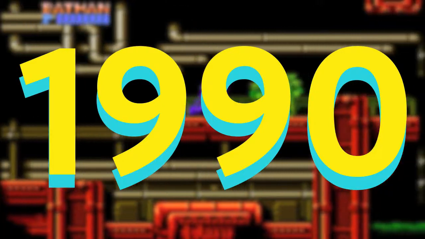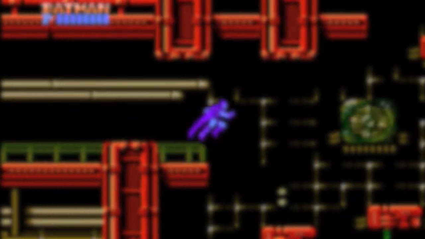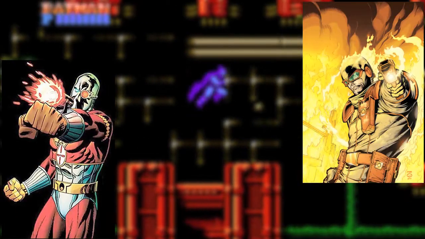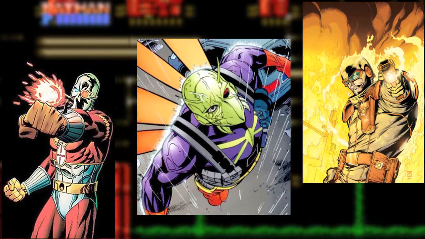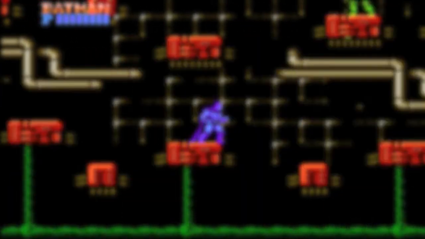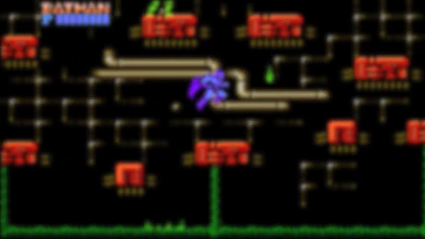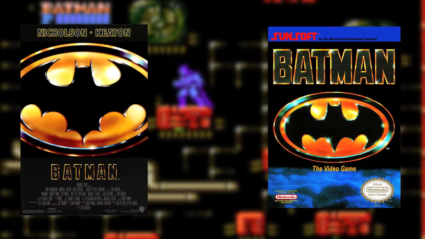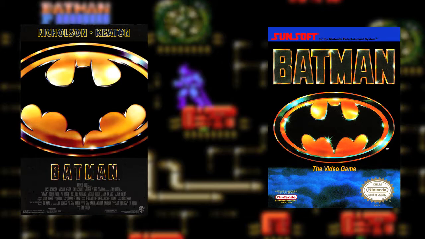in February of 1990. While the game does follow the movie, it's more of an adaptation, taking elements from the film and the comics. Characters such as Deadshot, Heatwave, and Killer Moth make an appearance, even though they were never in the Burton film. This probably stems from the fact that this was never intended to be a movie tie-in game. Despite not being completely faithful to the movie, this is easily one of the best movie tie-in games for